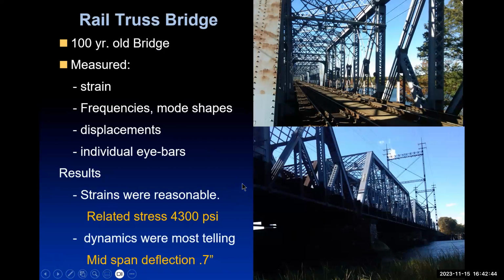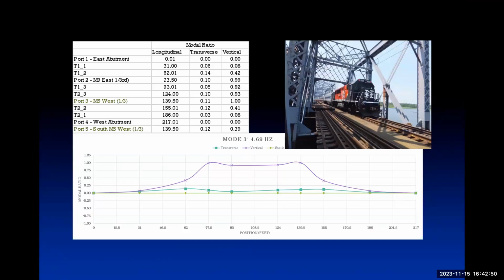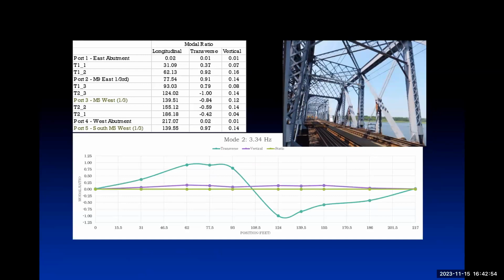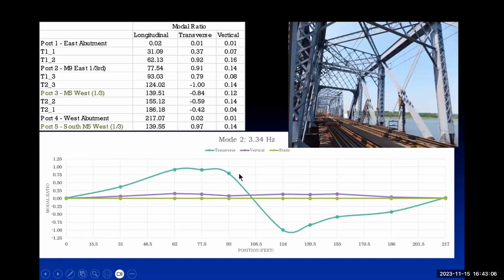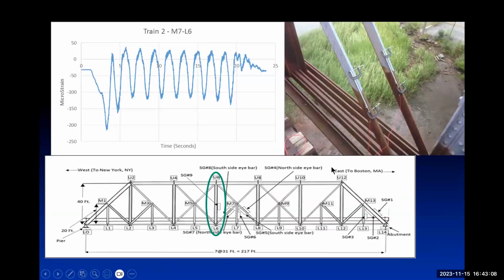Here we have a rail truss bridge, and in this particular case, we were looking at the response to trains coming through, and we found modes of vibration, antisymmetric here. Again, normal sort of response straight up and down, antisymmetric. And then what we found was